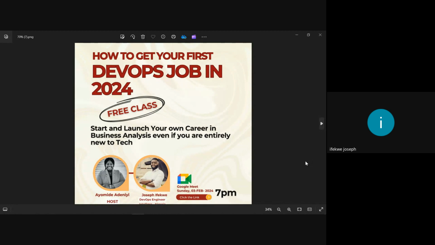That's how it looks, but my goal here is trying to make people understand that regardless of whether you're a software engineer or somebody that doesn't know anything, you can get into the field and you will relatively do well. Of course there will be challenges. I'm not going to come and tell you that once you get in, you just become a guru overnight. I'm not even a guru myself, but there will be challenges that will test you, build you, and definitely make you a better person.